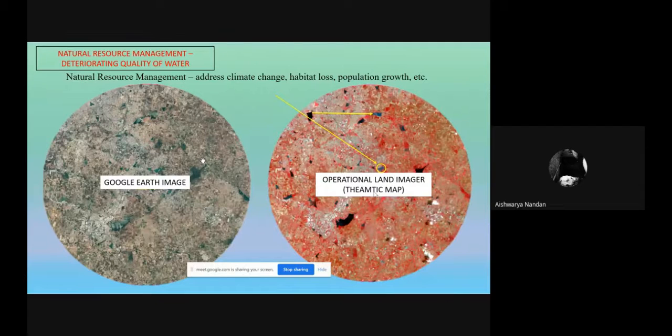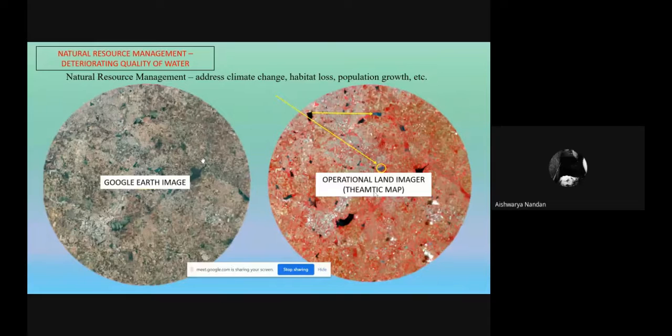So it's blue in color, while there are other lakes which are black in color. This blue color symbolizes that the water body is polluted. So the more blue or greenish the image it reflects, it indicates that the water quality is bad.